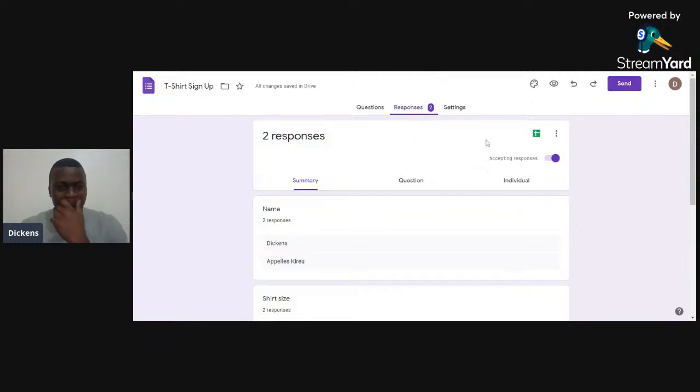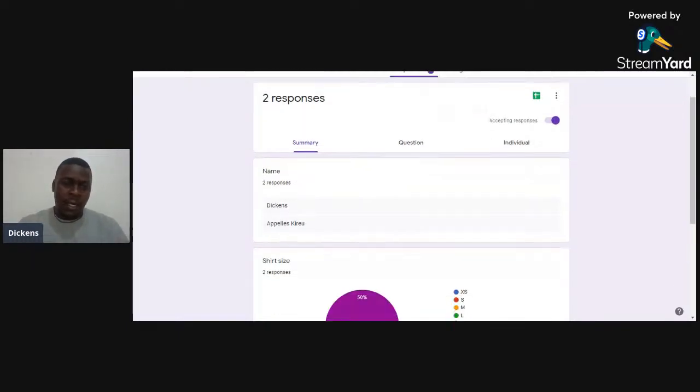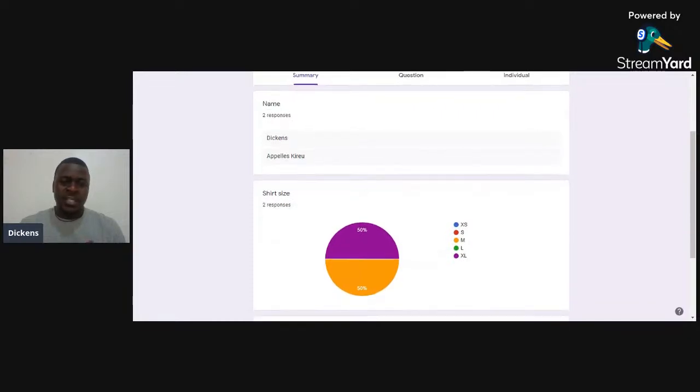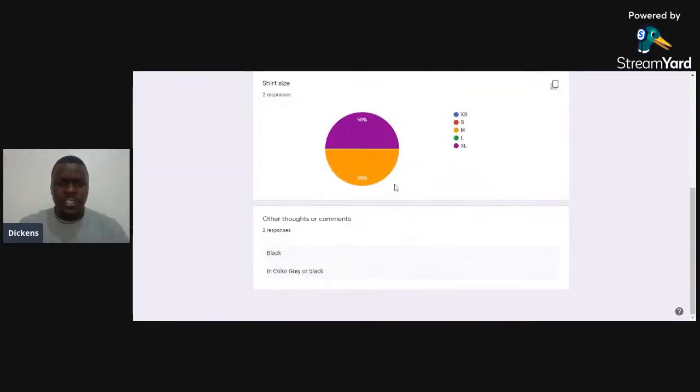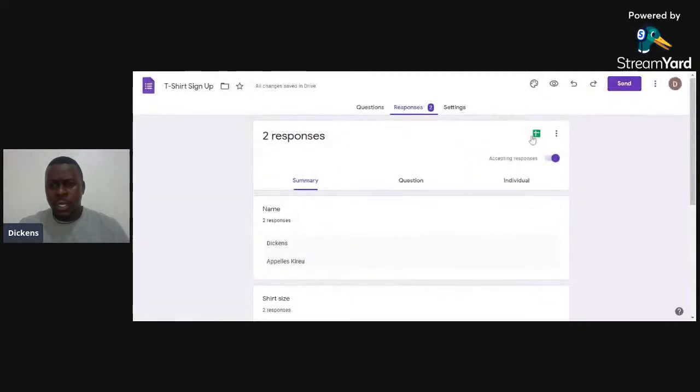Okay. So let me just show you how you can convert this information that we have submitted, myself and Apeles here. You can see the form can present you with information in different forms, but let us look at how you can convert it into a spreadsheet.